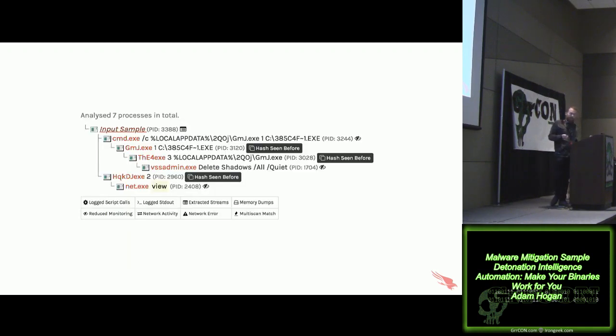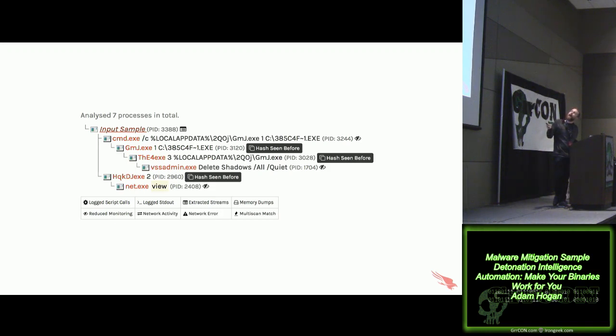I can dig into the process tree, which is great. I showed you a process tree of what happened on the endpoint, but it wasn't at all interesting because it got blocked, it got quarantined. Here we have the process tree from where it ran in the sandbox. So, okay, if I didn't block it, what's going to happen? And now I can dig into what that looks like. So I may get some threat hunting cues directly from this type of data. So we'll see things like, yeah, it is using VSSAdmin to delete shadow copies. Maybe I want to search my endpoint logs for that.